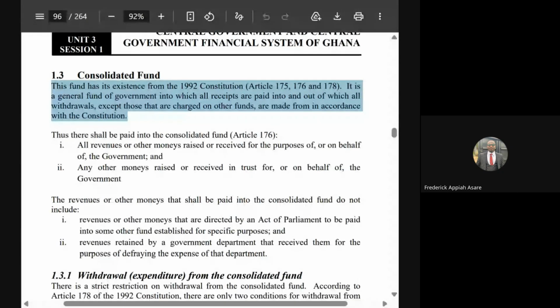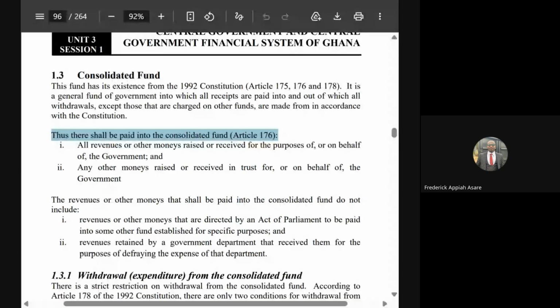So maybe COVID-19 came, and we needed emergency expenses to be incurred. The Constitution has stated that anytime there is such an unplanned activity, it must be taken from the contingency fund. Such expenses we couldn't have taken from the consolidated fund, but rather from another fund that is responsible for such activity. And thus, there shall be paid into the consolidated fund